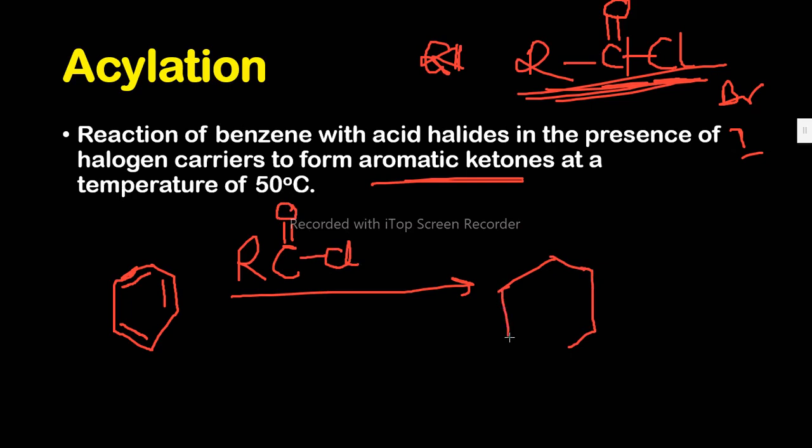This one is going to be, you have your benzene ring, and then you have the C, and then you have the O, and then you have the CH3. And so now this reaction is important